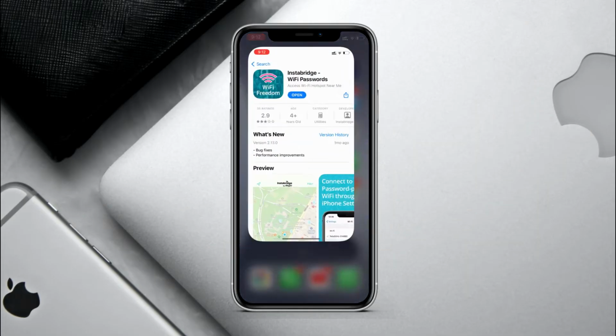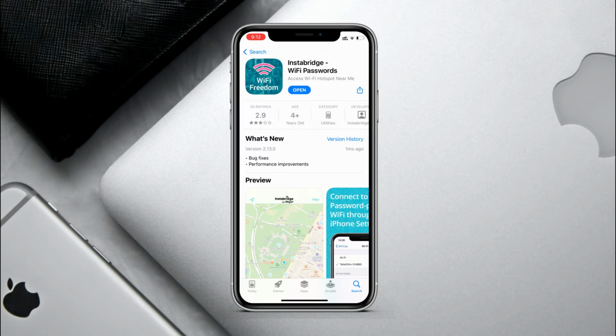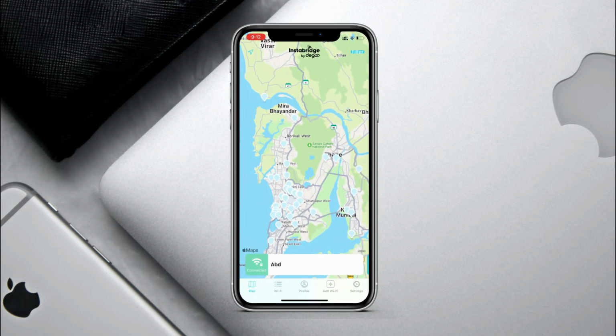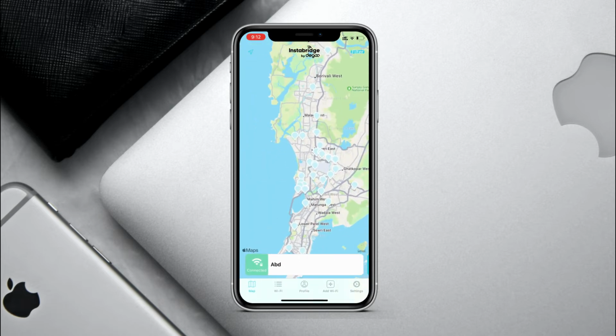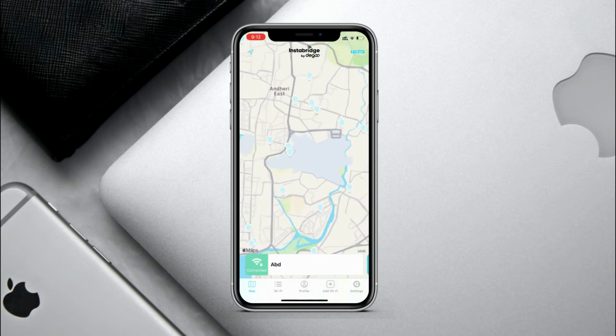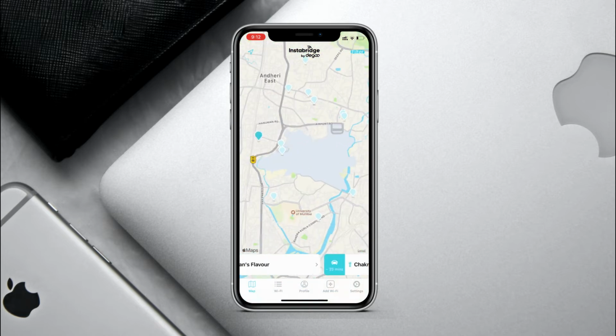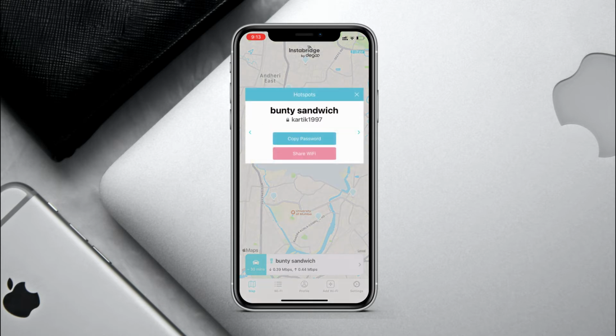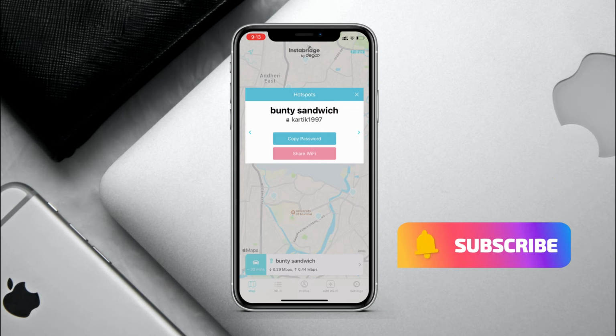So the name of the app is InstaBridge. Download it from App Store, it's free. Once you have downloaded the app, just open it and you can see hundreds of different Wi-Fi networks in any area. So you can tap on any one and some will even show the uploading and the downloading speed also. So just tap here and you will get the Wi-Fi name and password, and you can even share it